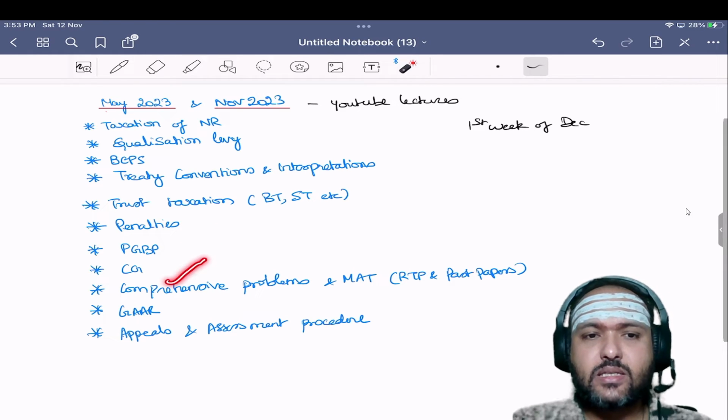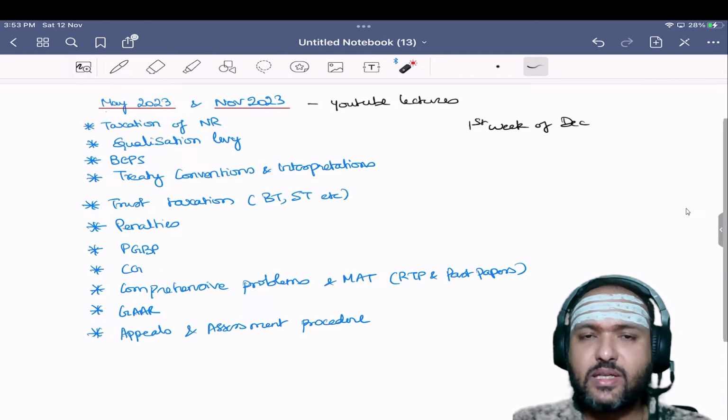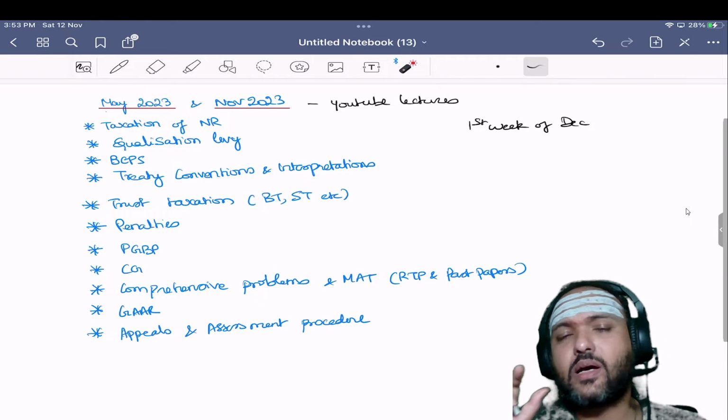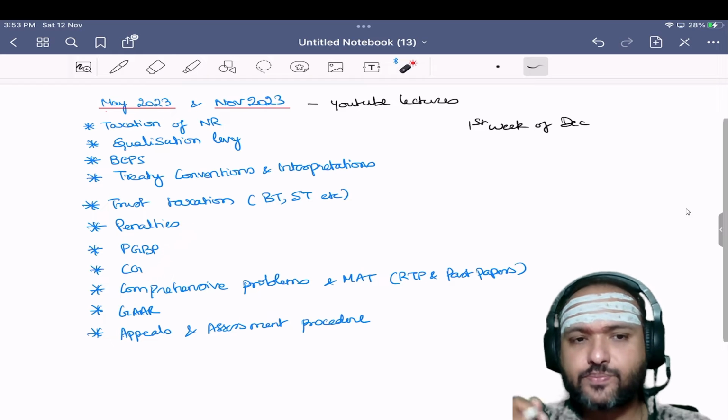And capital gains are a very uncertain topic. Some examinations they ask you for 10 marks, some examinations they don't ask you at all, or probably they form part of your MCQs or some sub adjustments of main problems. So that we will try to take up and do it here.